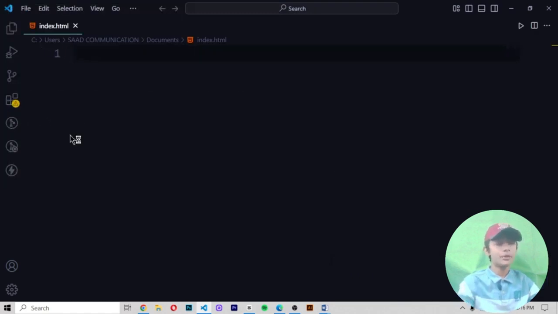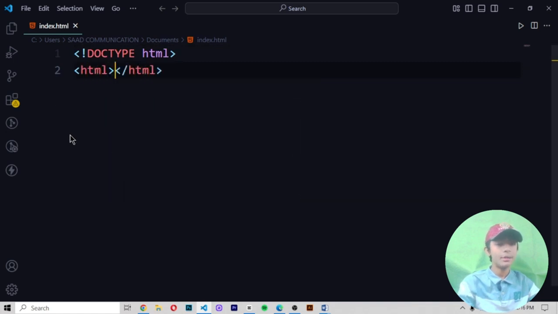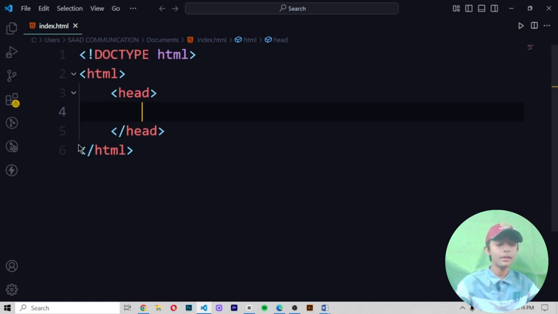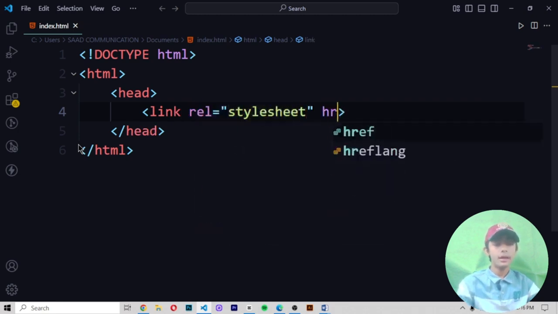Now here you first of all write the starting code, then HTML, and then define a head section, because in the head section we define link. Okay, link we define, and the link will be a stylesheet, and in the href we write the link.